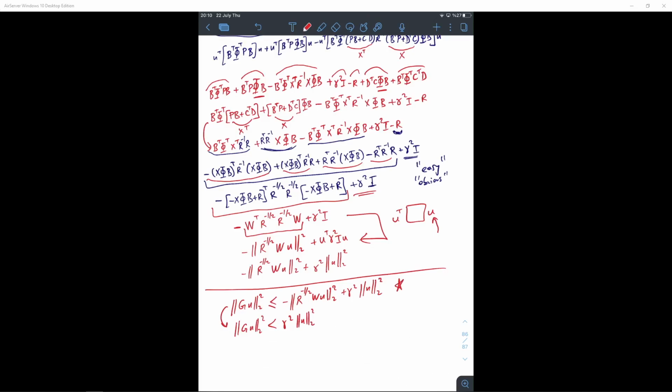If that inequality holds, that inequality holds as well,